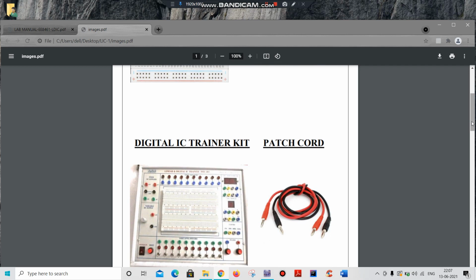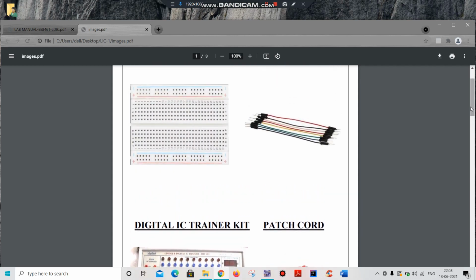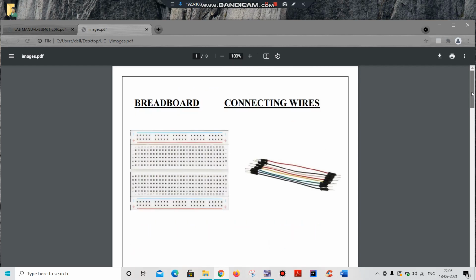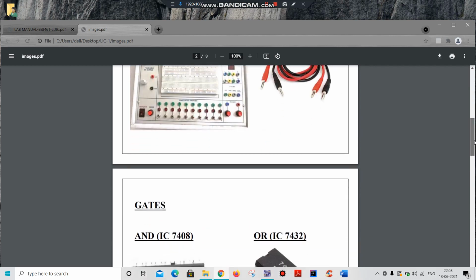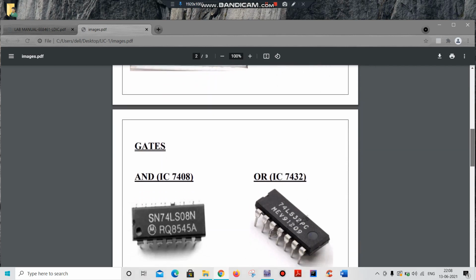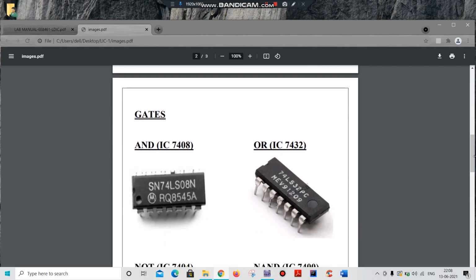If you're not using the IC trainer kit to construct the circuit, and simply construct the circuit on a breadboard itself, we need connecting wires. Okay, and the main components behind the basic digital ICs are the logic gates. So here it is given like this.